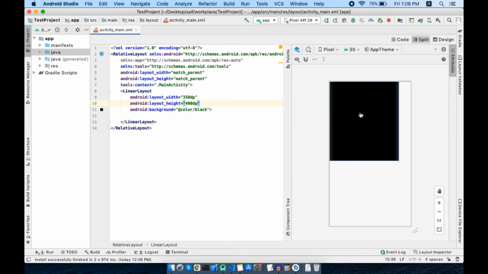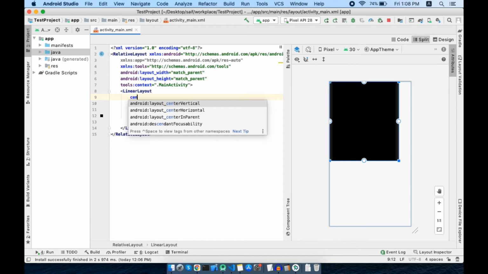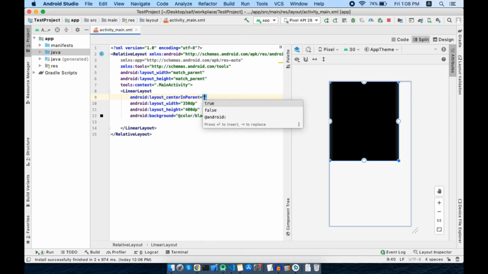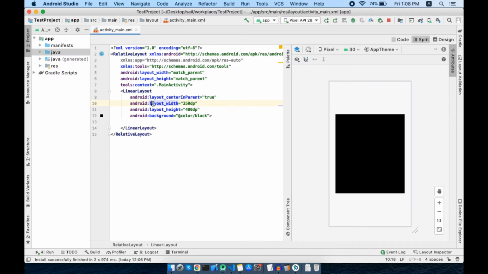Now I want this container to be aligned center inside the screen because the parent container of this LinearLayout is RelativeLayout, so I can use properties like centerInParent. I will set it true and you can see the inner container has aligned in the center.